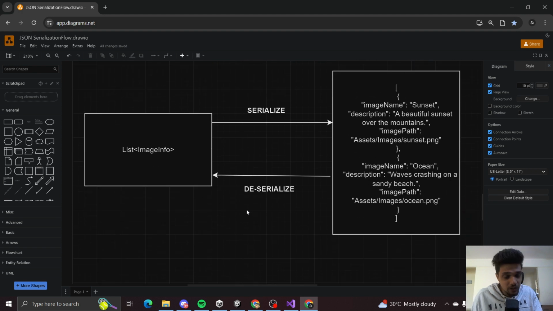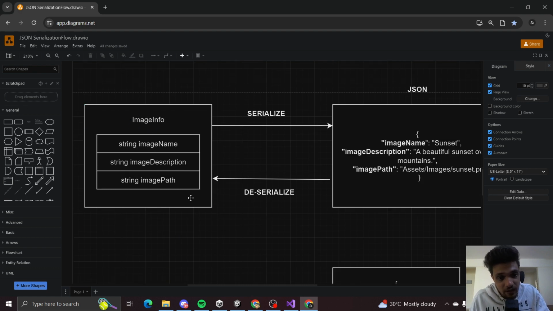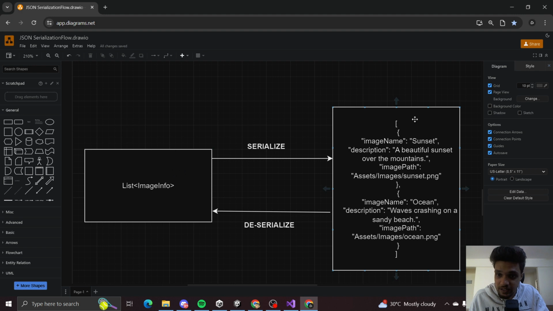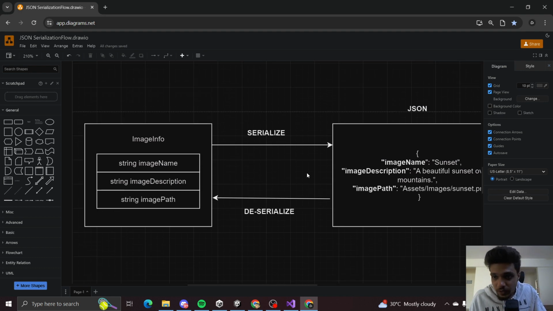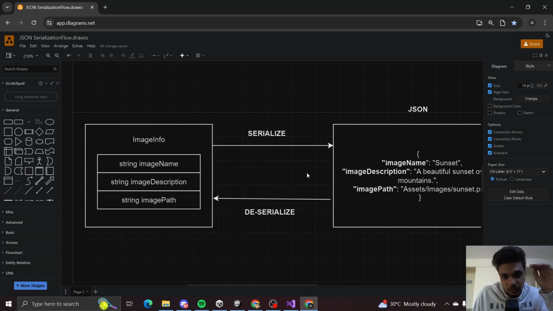Now, if I come down here, Unity also provides inbuilt support through JSONUtility for serializing and deserializing lists. So if I have a list of these image info objects here, I'm going to be able to just simply serialize that into a long JSON string that you see on the right here by just applying the serialize method. And of course, if I deserialize this long string with multiple objects, I can get back a list of image info. And this is the foundational thing that you will need to remember